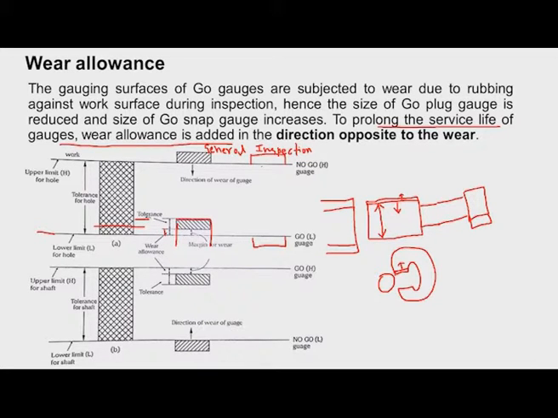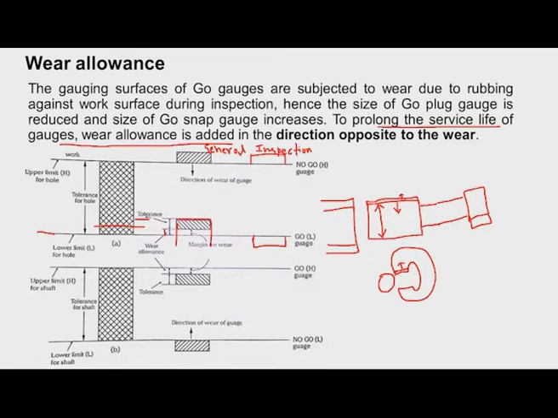So in the case of inspection gauges, this problem is overcome. The tolerance is given outside the working tolerance. If some pieces are rejected by using the general gauges, such rejected pieces are sent to the inspector. He will use inspection type of gauges, and now this GO gauge will enter into the hole and it can be accepted.